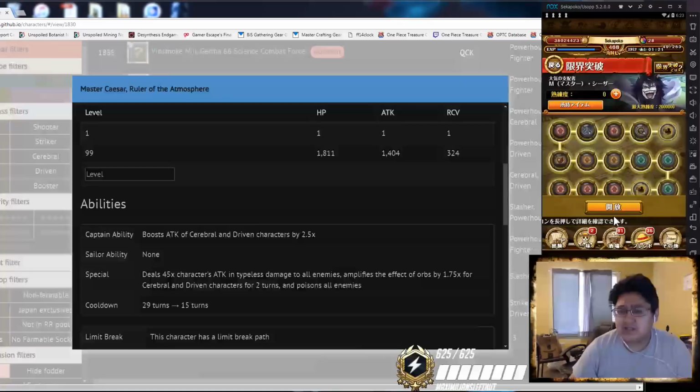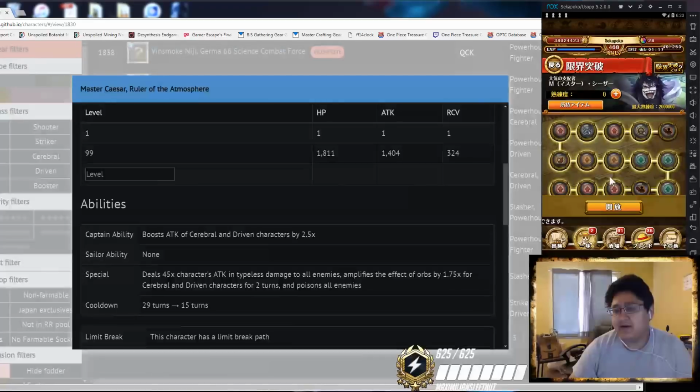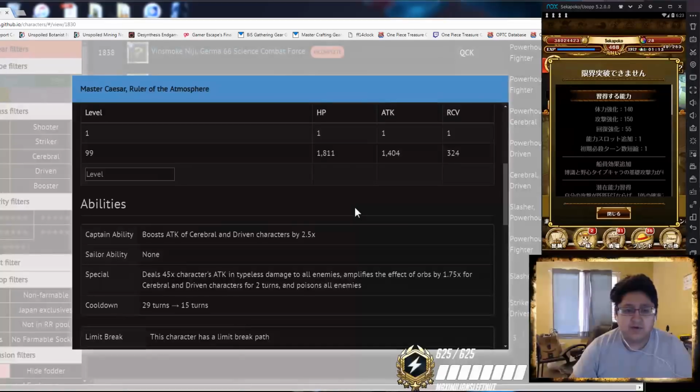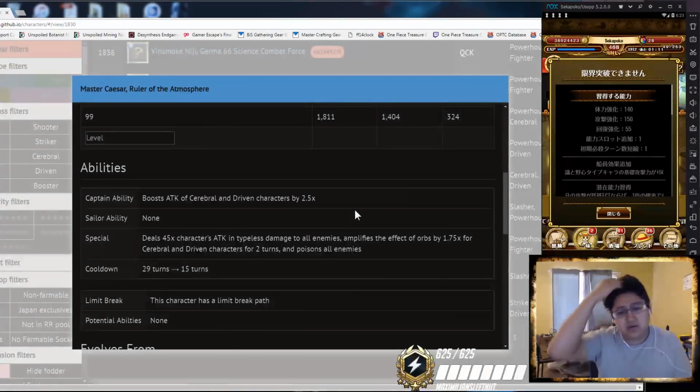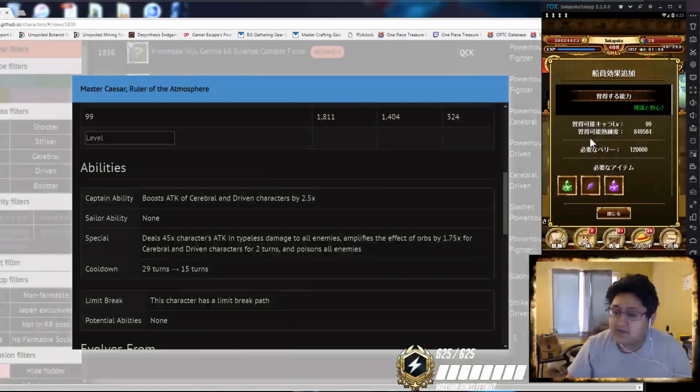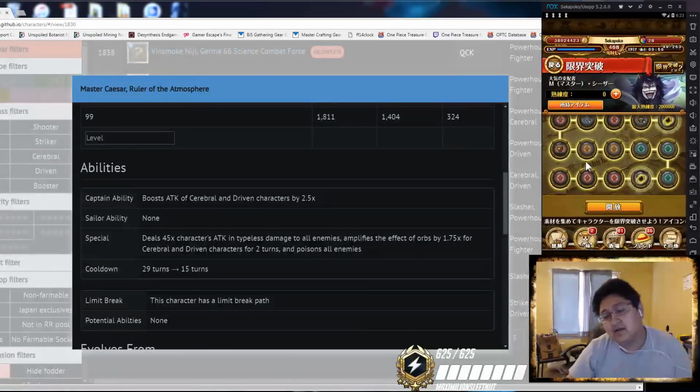He gets an extra socket on his limit break, putting him at 3 sockets, which is really interesting. And he goes down in his cooldown by 1 turn, which is also good, putting him down to a 14 turn cooldown, which is pretty cool. I like all that. His Sailor ability is going to boost the attack of cerebral and driven characters up by 50. I think it might be just overall stats, but I think it's attack. And then he's also going to get